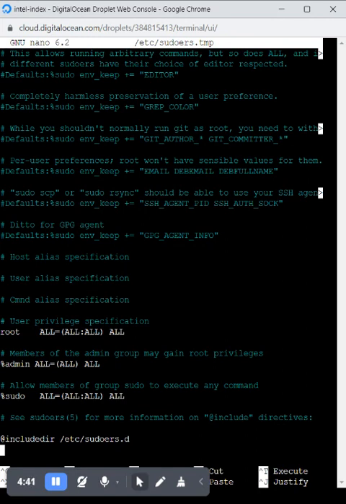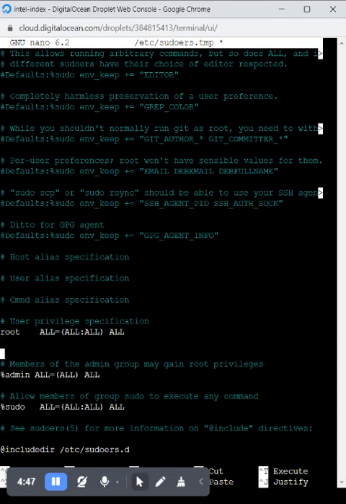However, this is not the best practice since the user would have access to all commands and root privilege to the server. So you can add this to your sudoers file. You put the username